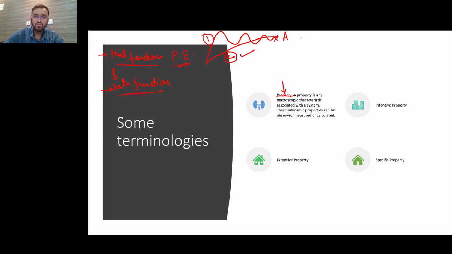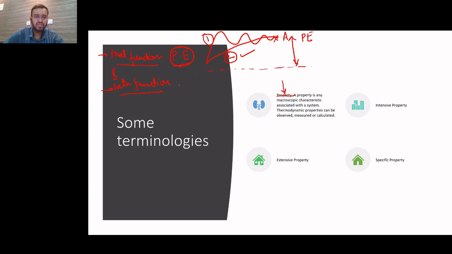But what is going to happen at the end is that your potential energy with respect to some datum is going to remain the same in both of the cases. So we can call potential energy a point function. Its value does not depend on the path with which the system got there. It just depends on its final position. That neatly brings us to something called a path function.